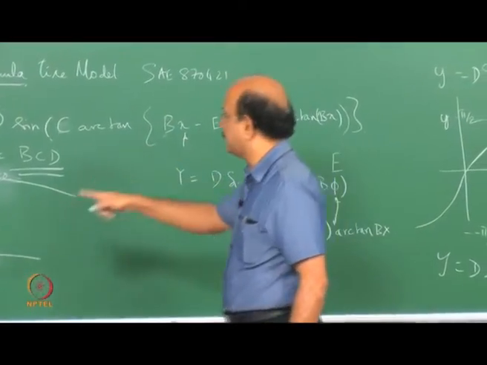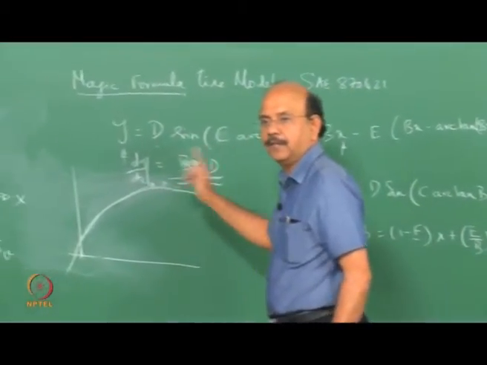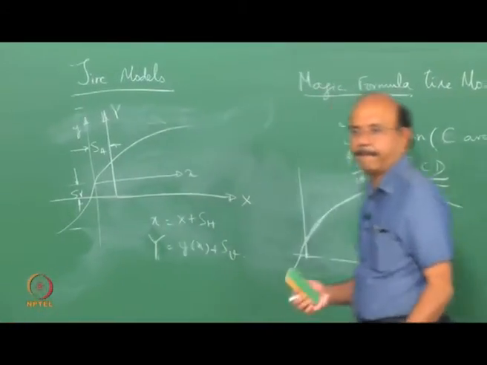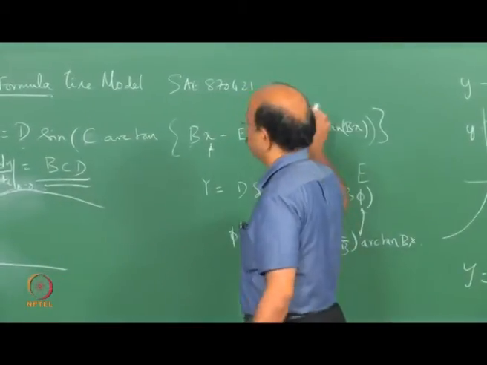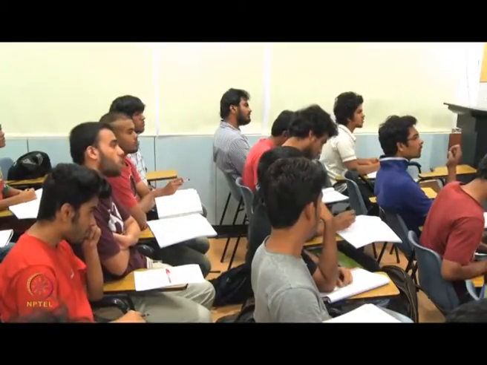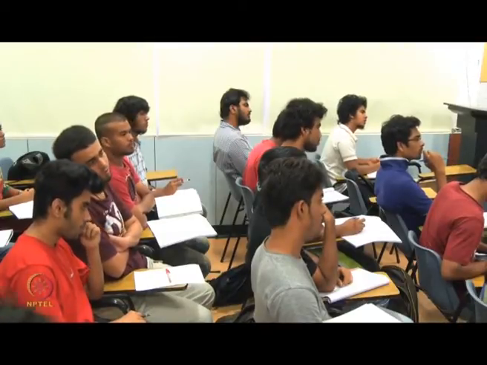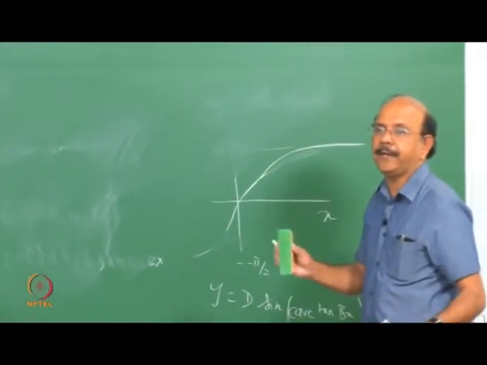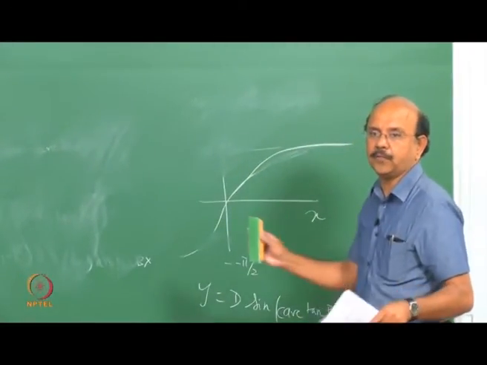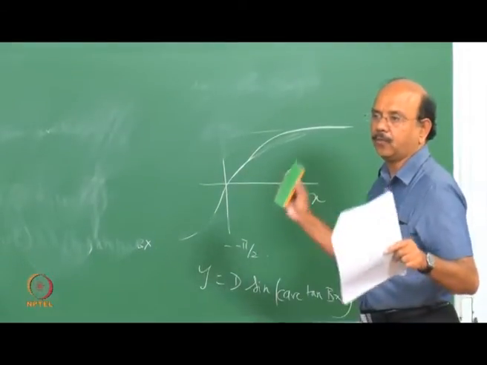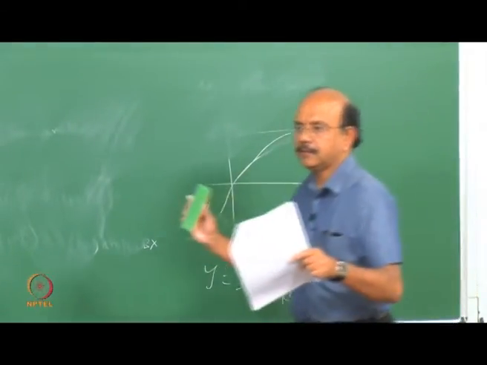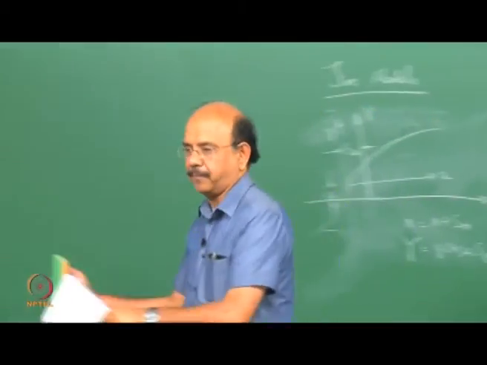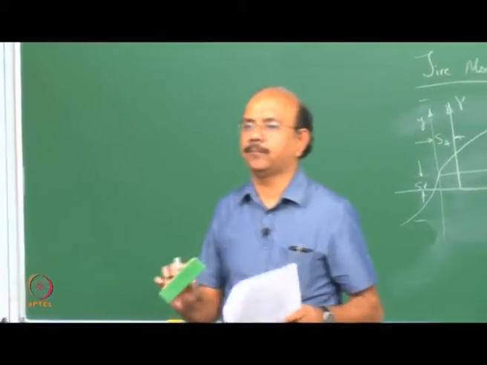In other words, as I told you, I have a number of graphs here, and I want to express all these graphs in terms of one equation. Fy and Fx are also dependent on each other, right? No, that's a good question. We are right now looking at independent cornering. This equation, that's what I said in the beginning. We are looking at cornering separately and braking separately.